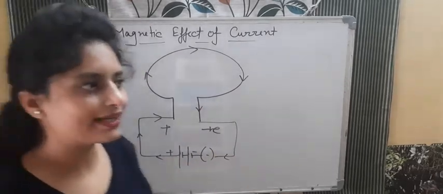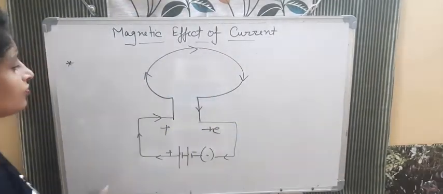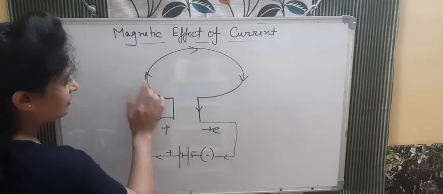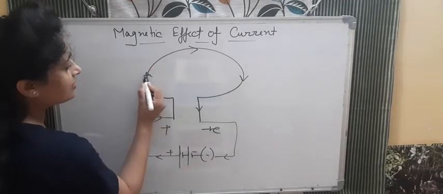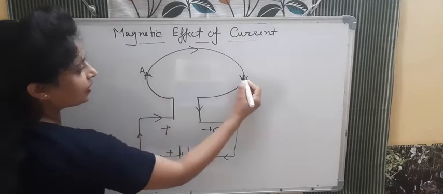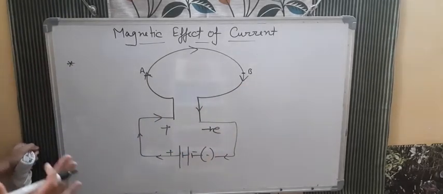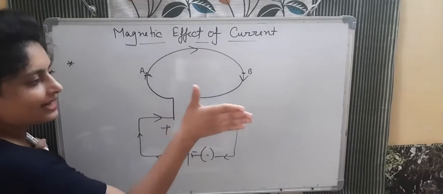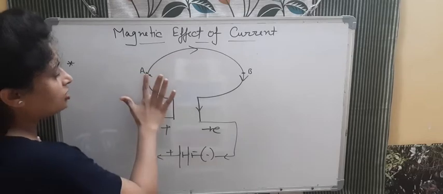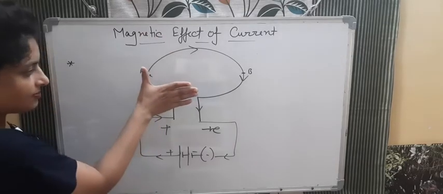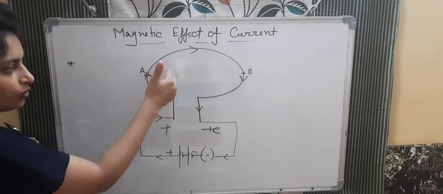Now in this case, what kind of magnetic field lines will be there? Now you know when current is going in this direction, we will take some points. For example, this point is A, this point is B. We will find out the magnetic field lines at these points. How will we find out? Use your right hand thumb rule again for that particular point's direction only. At this point, current is going in this direction, up direction. So when you curl your fingers, they will go into the board.